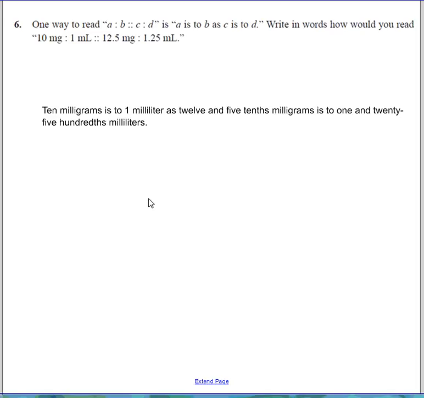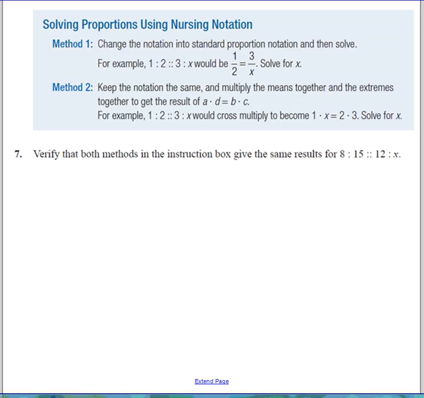So 10 milligrams is to 1 milliliter as 12 and 5/10 milligrams is to 1 and 25 hundredths milliliters. When you're solving proportions using your nursing notation, you can put it in your standard form. You can write it as 2 ratios or 2 fractions and cross multiply. Or you can multiply the means together and the extremes together, because remember, this would be